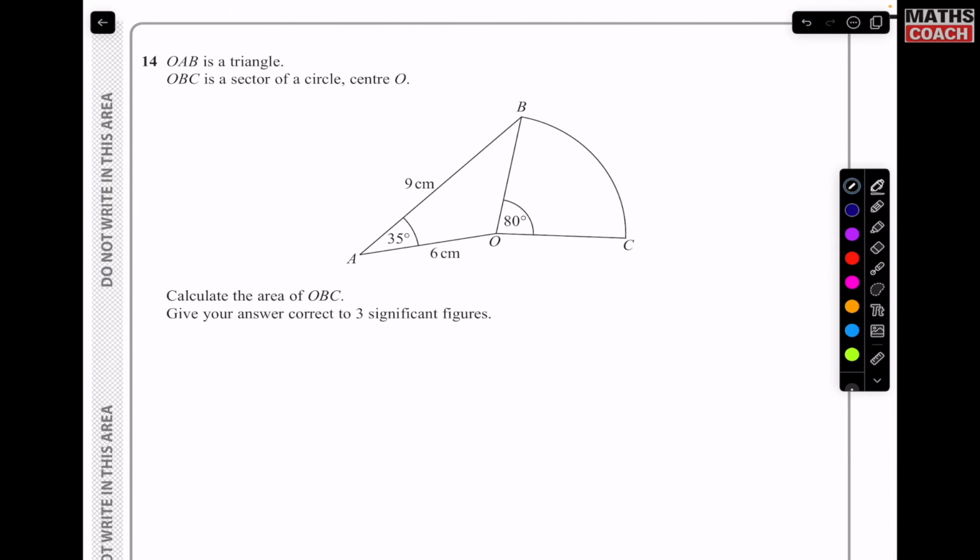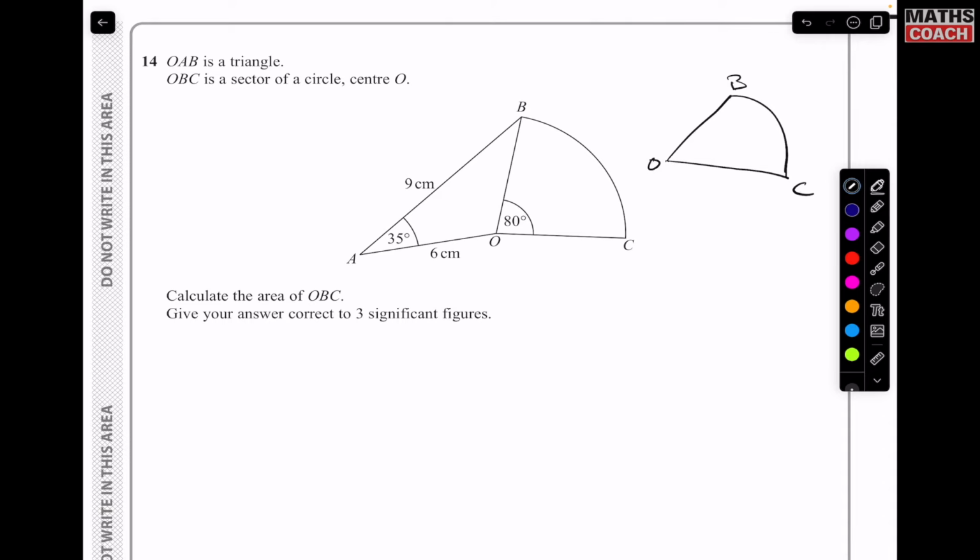All right. Question 14. OAB is a triangle. OBC is a sector of a circle with center O. Calculate the area of OBC. So OBC is all of that. Okay, that's what we need. Now, if I draw this out real quick,